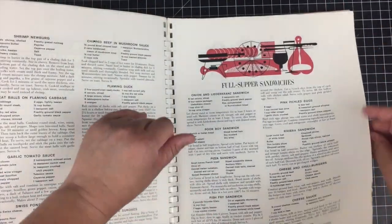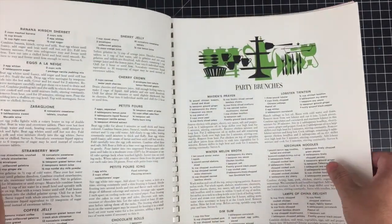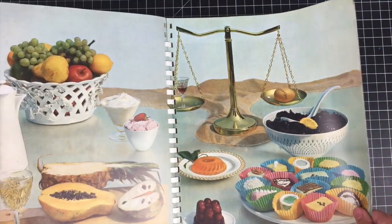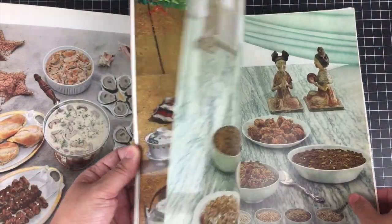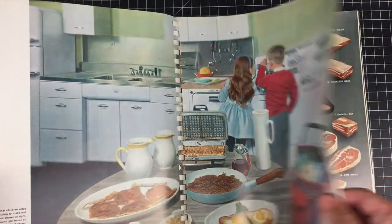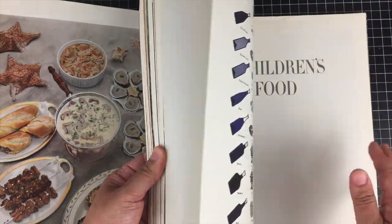You can just remove the page, fold it in half, put it in a journal, just like that. There are some other color illustrations or images, pictures in the book that are cute, that can definitely be used. But what caught my eye in this book, that's pretty cool. I will show you what caught my eye in this book, if I can find it, was